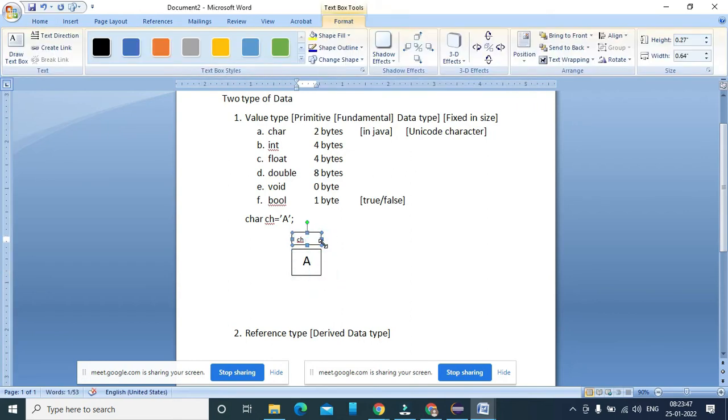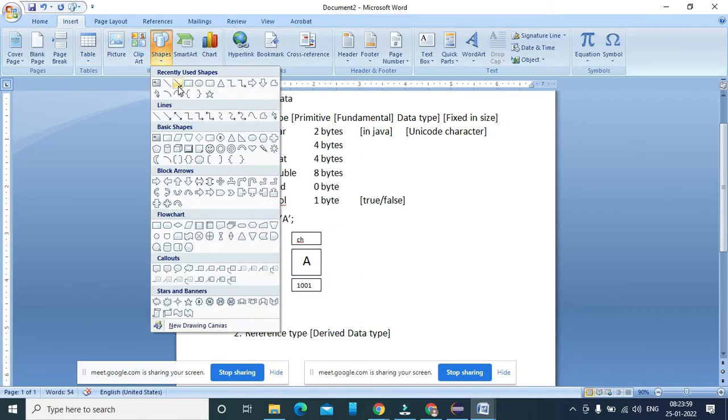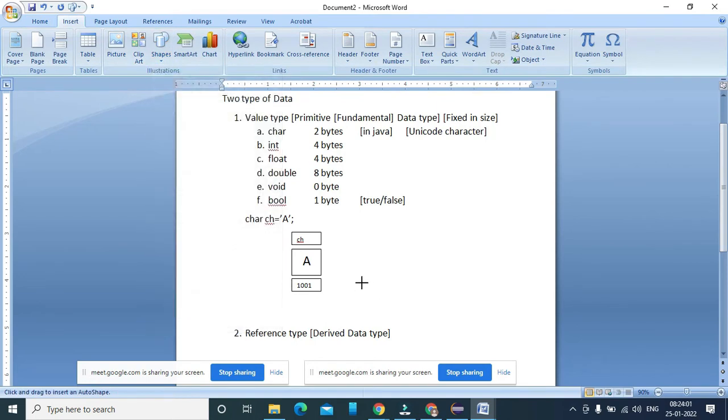But according to the compilation and all other stuff, memory is always read and understood by its address. So each memory variable has an address.